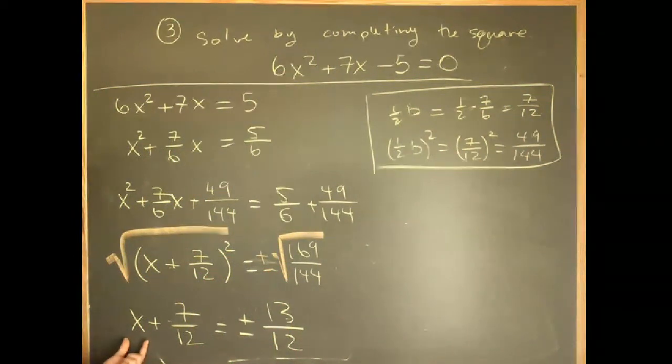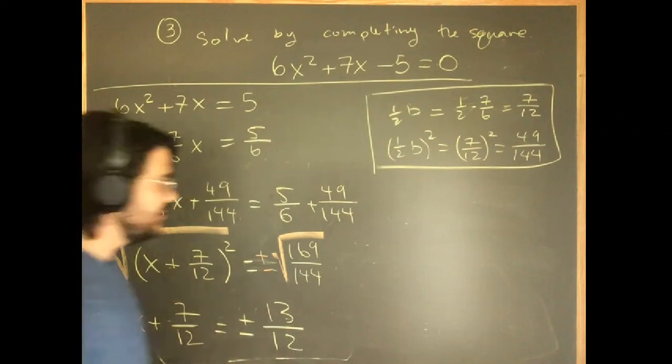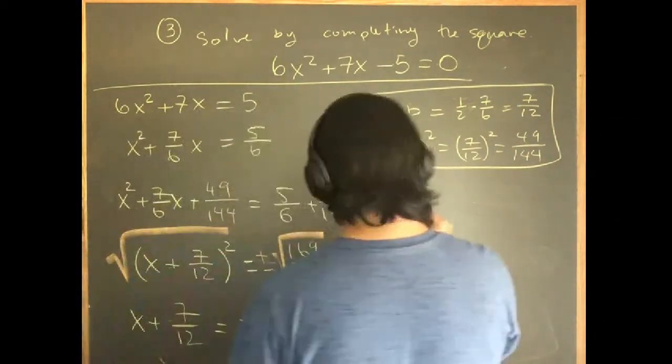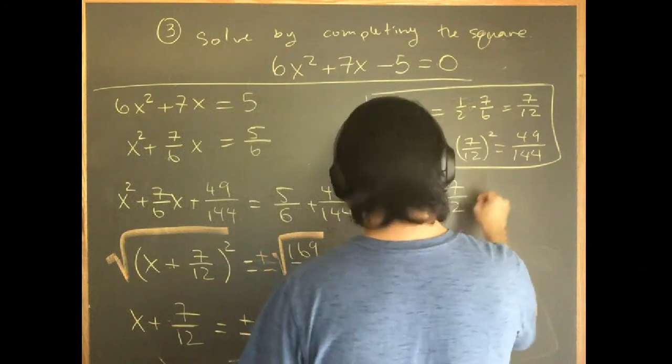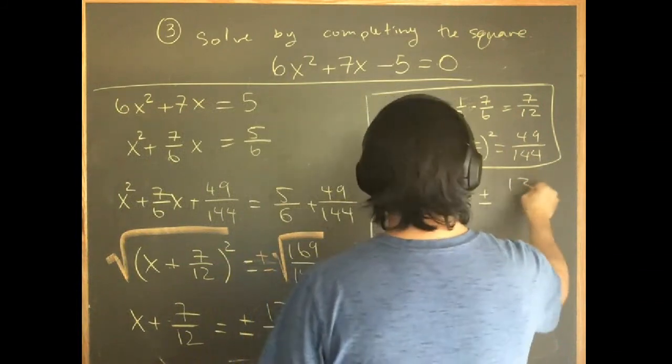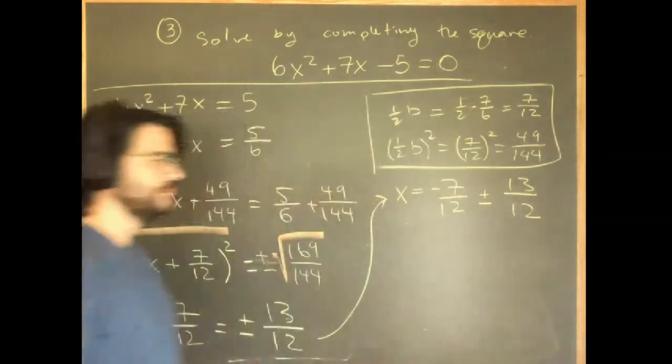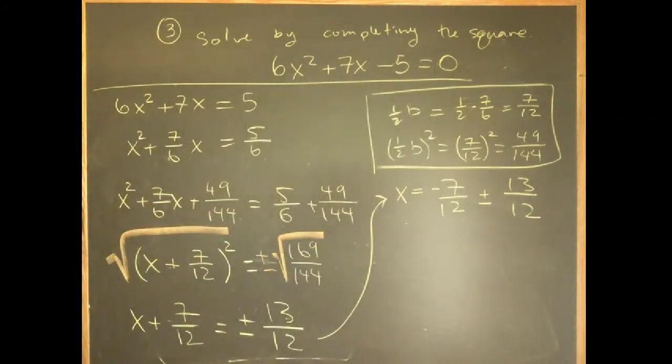Okay, so we're, again, after isolating x on its own. Okay. So now the next step is to subtract the 7 over 12 from both sides. And let me move up over here. So here we're going to get x is equal to negative 7 over 12 plus or minus 13 over 12. And we get two different